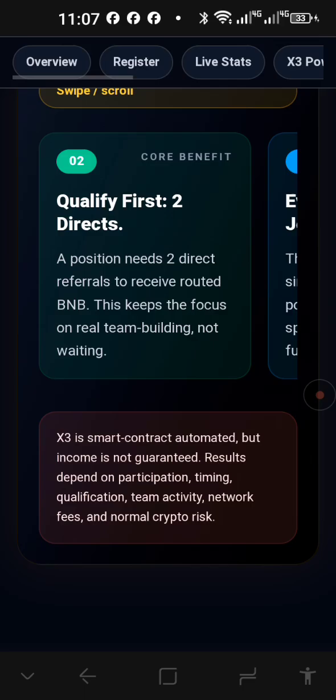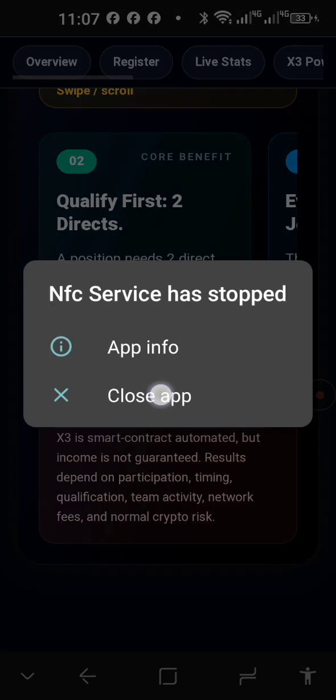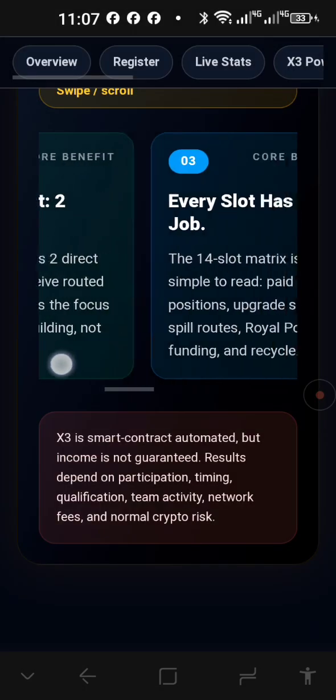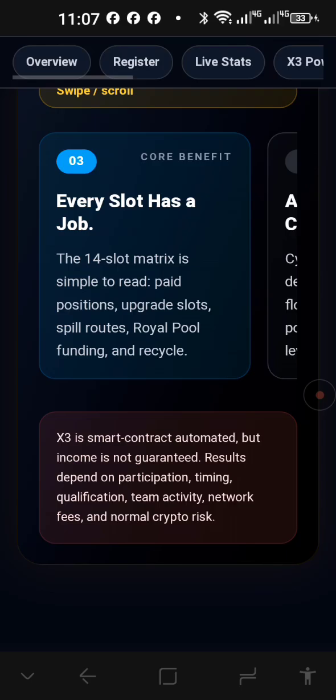Just take note that you need a new SafePal wallet or a new wallet that supports the OPBNB network for every registration. So every position needs a wallet. Every slot in this matrix has a specific job, and we will run through that as well.